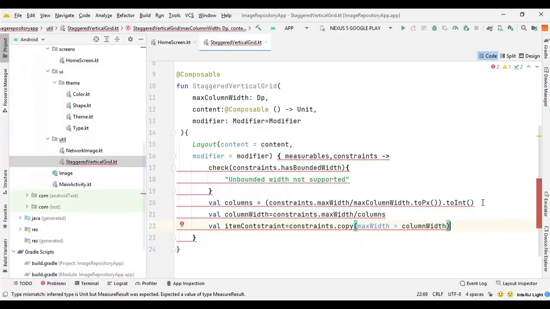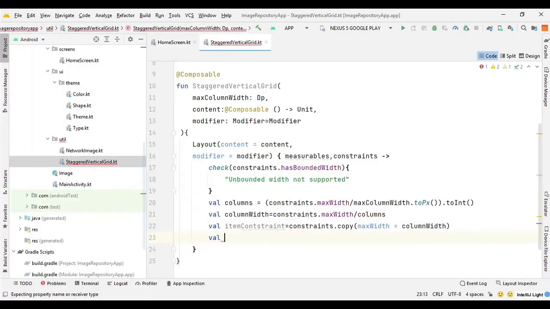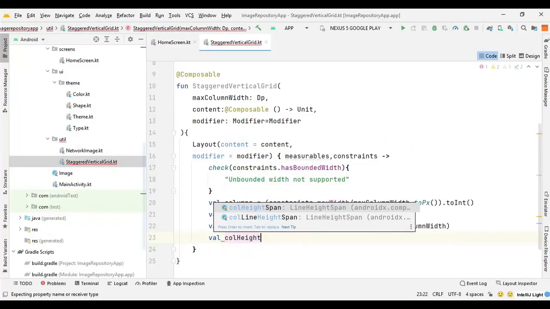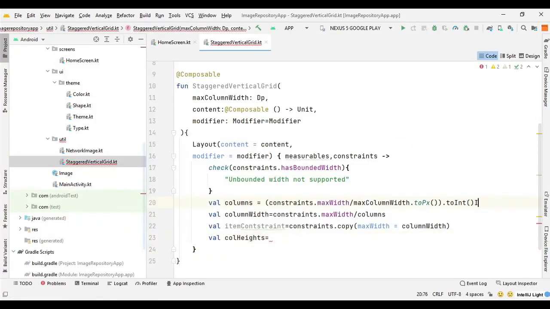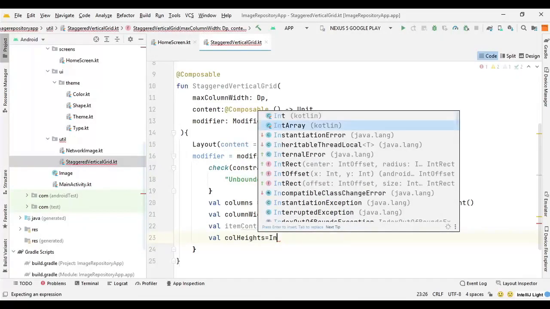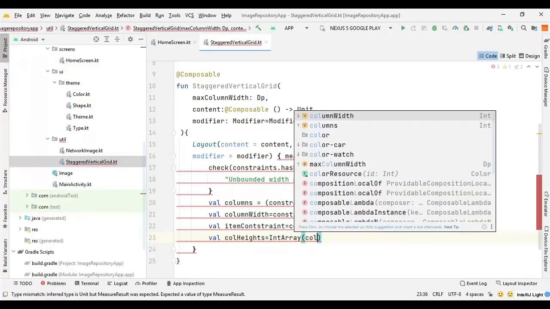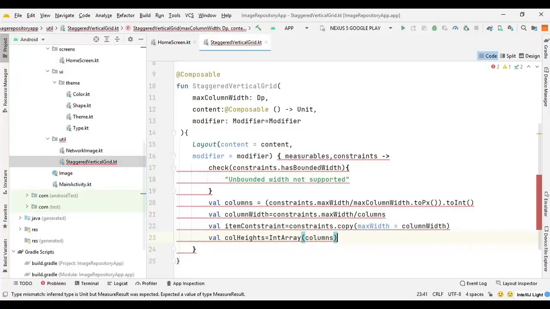Next, we need to define the height of the column. So we can say val column height, and this is going to be of type int array, integer array, and we need to provide the columns and we need to set the initial value to 0.